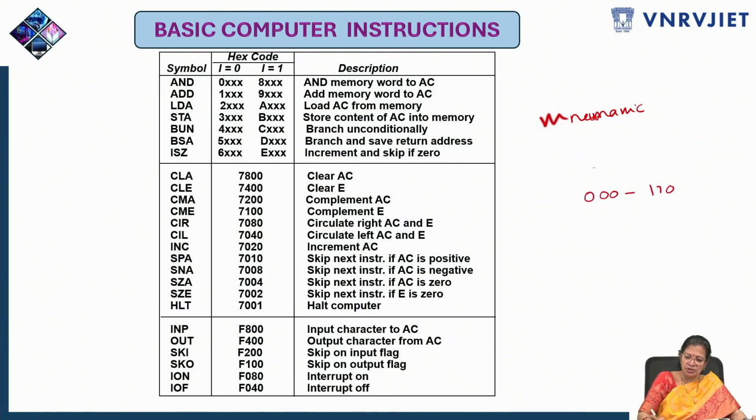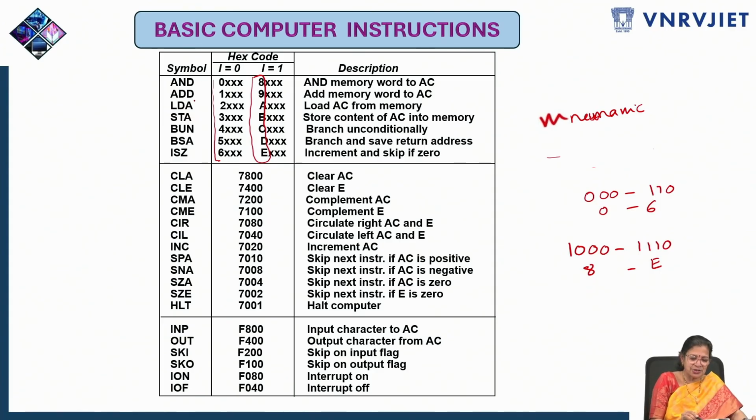0010 is nothing but 0 to 6. So if you observe here, we have 0 to 6 with the I bit as 0. So most significant bit as 0 will get this. If the most significant bit is 1, we'll get 1000 through 1110. So this is nothing but 8 to E. So these instructions will have this code for the opcode, which will be mentioning